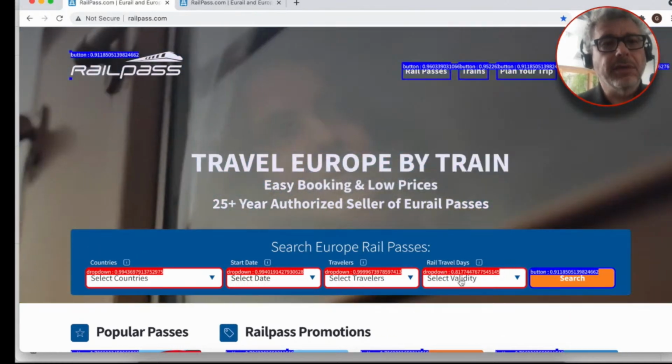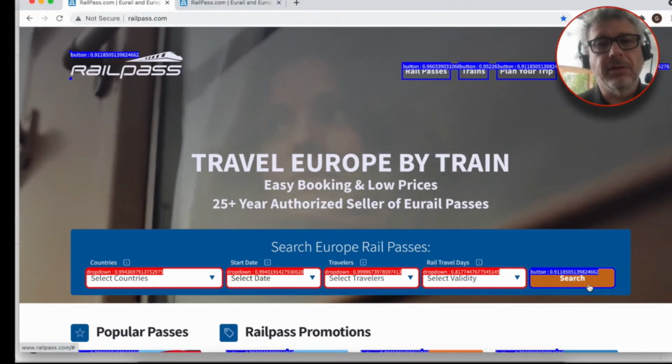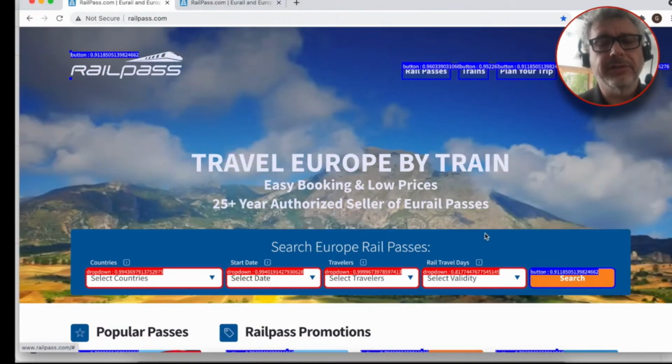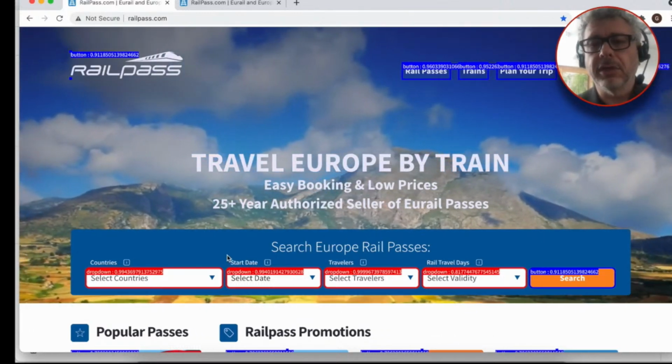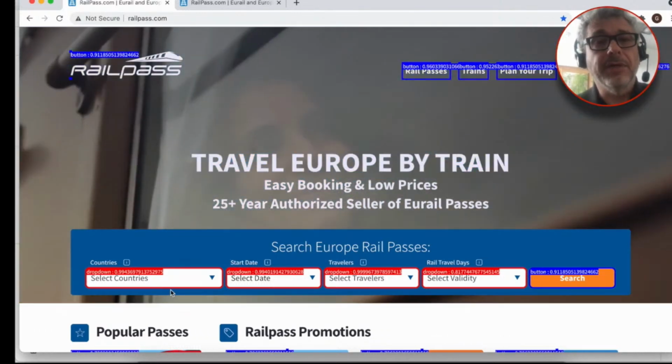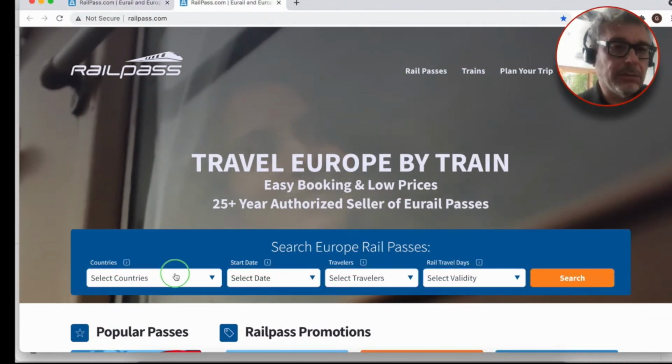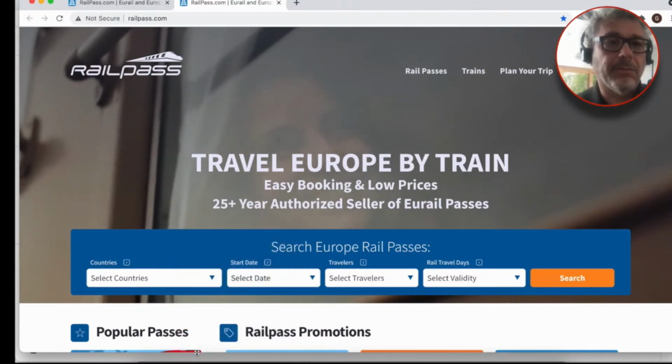Okay, so we see that indeed the network found that the 4 boxes here are drop-down input fields with high certainty, and this element is a button. And again, it is very clear for a sighted person.